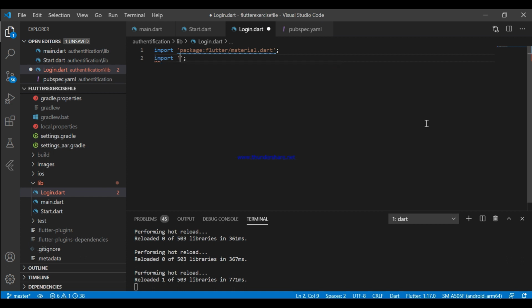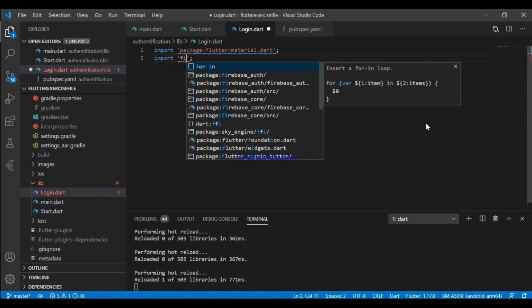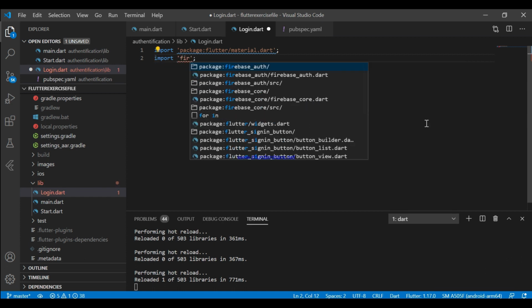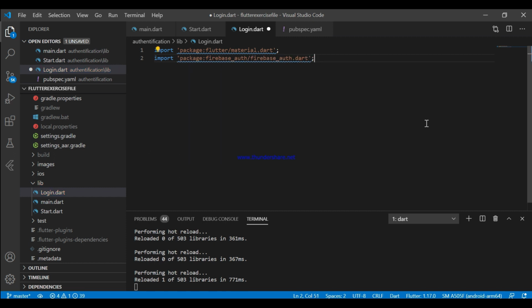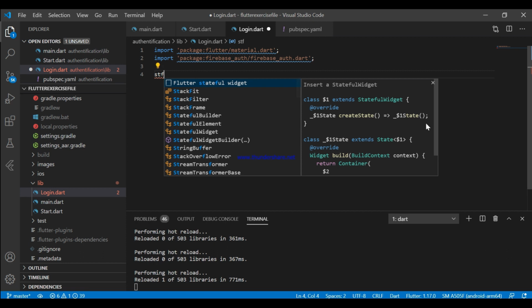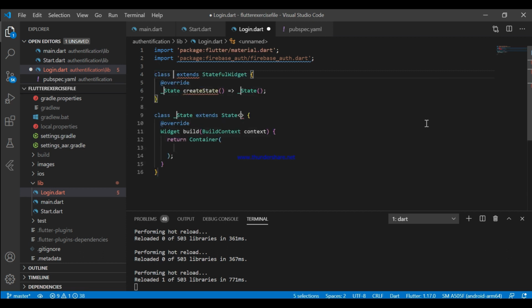Guys, watch this tutorial at least till the completion of the homepage. Even if you get stuck at some point in the login screen now, still watch this tutorial at least till the completion of the homepage. I bet all your doubts will be cleared. Just watch this tutorial till the homepage.